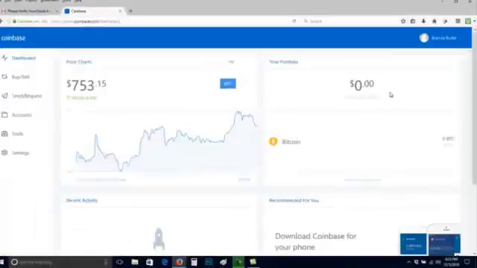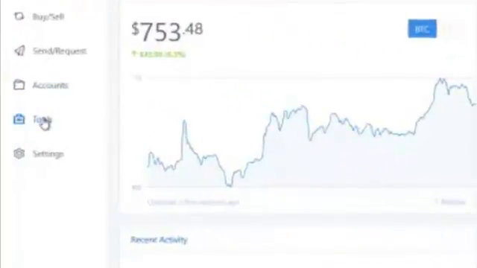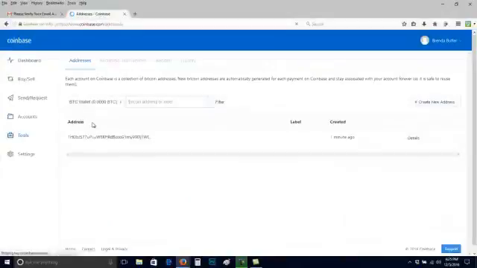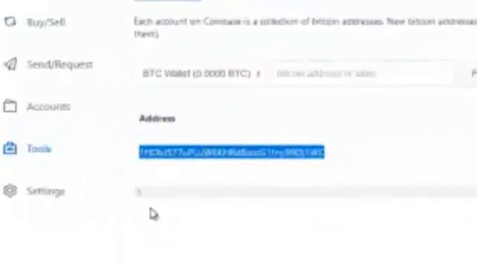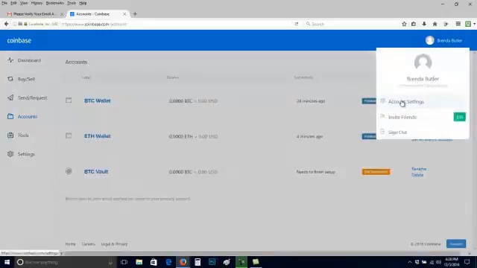And we're logged into our account. So the important thing now is to get your Bitcoin wallet ID. And to find that, we go over here and click on Tools. And then under Tools, it'll show you what your Bitcoin address is. So go ahead and copy and paste that, put it into a document or somewhere where you can keep it safe. This is going to be your Bitcoin address that you use to transfer Bitcoins from your Coinbase to another account. Go over here, click on Account Settings,